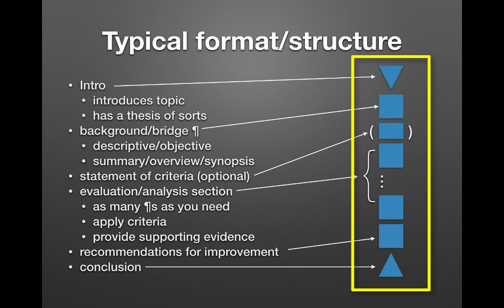But the criteria become revealed throughout the body of the essay, which is the evaluation and analysis section. So that's got the bracket around it. Basically, I'm saying use as many paragraphs as you need. What I'm trying to encourage you to do is think of paragraphs as cohesive chunks of information, and think about that topic sentence as the controlling idea for that paragraph, the thing that gives that paragraph focus and cohesion and unity. And so this is where you want to mention your criteria one by one in the topic sentences